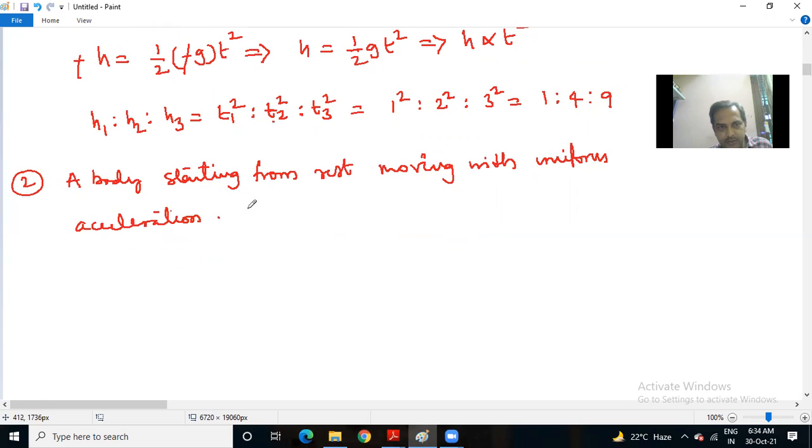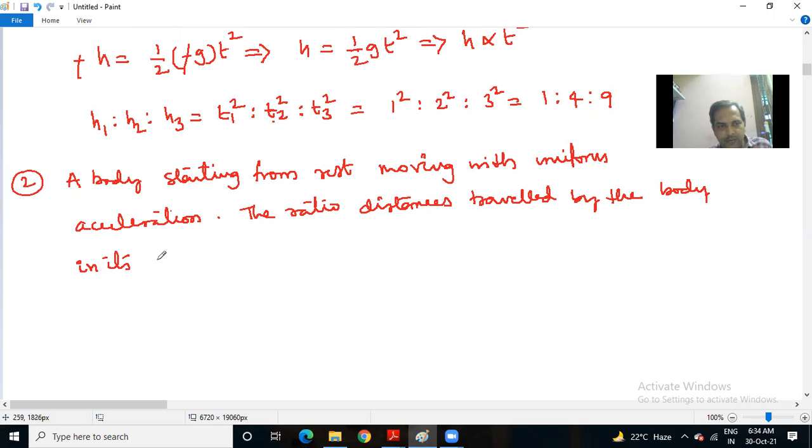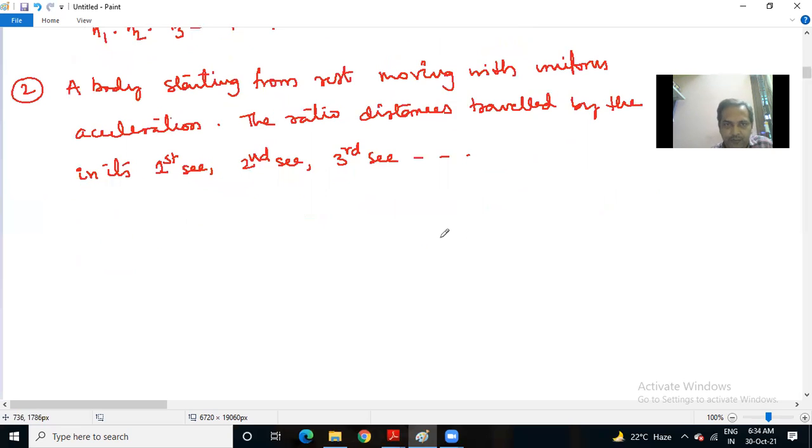So the question is the ratio of distances traveled by the body in its first second, second second, third second, and so on. So the meaning of the question is,